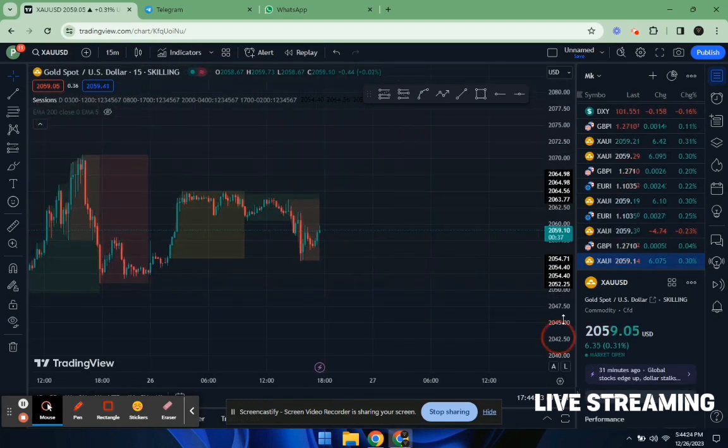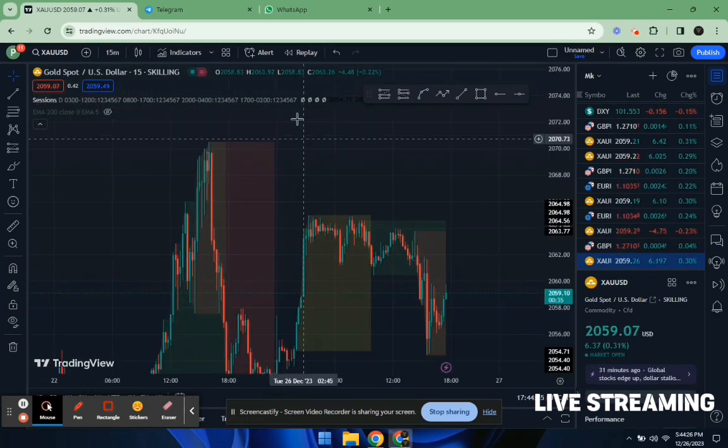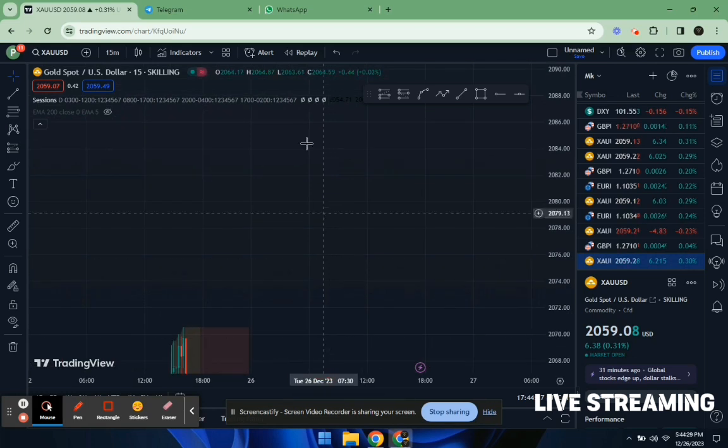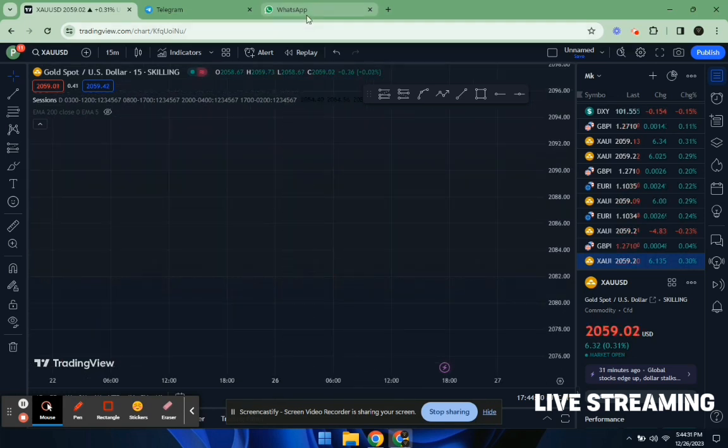So first of all, let me explain the way this strategy works, so you guys actually get to understand how this strategy works. First of all, let's start with saying what are we talking about? This is the London session Killzone strategy. It is an ICT model in which